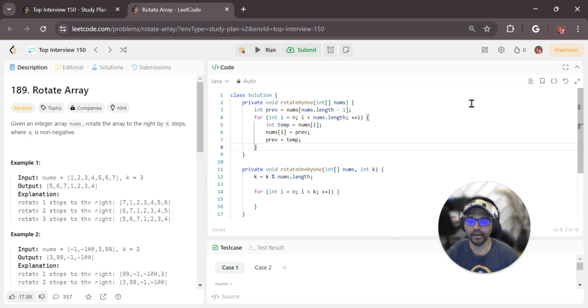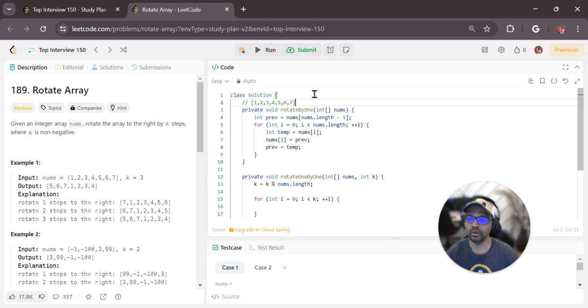Yep. And that should rotate by 1, I think. Let's just run through it a little bit slowly. I just want to make sure, because it's the main code in the first approach. So let's just go through this array. If this was nums, then we would say prev equal to nums of nums dot, so prev equal to 7, and then we'll say